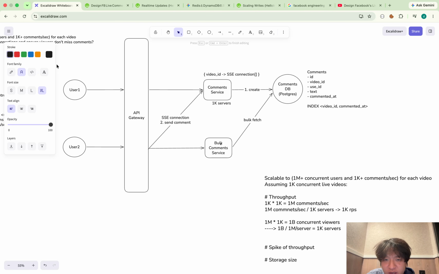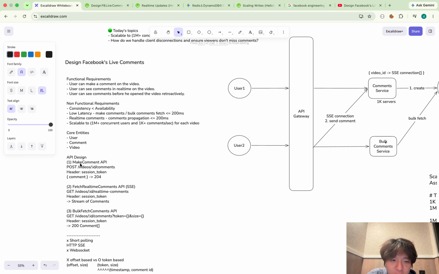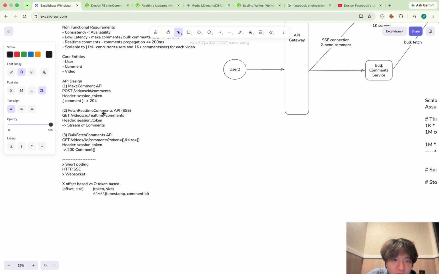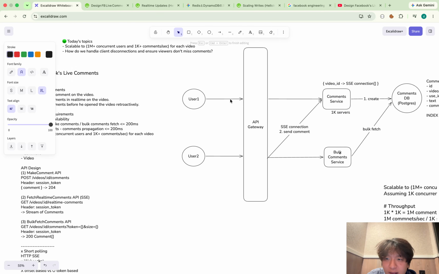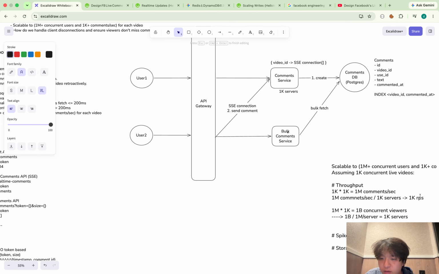I have two things I'd like to discuss from here. So firstly, I will continue the discussion about the throughput of the make comment API. So there are 1K servers, and each server experiences 1K requests per sec.